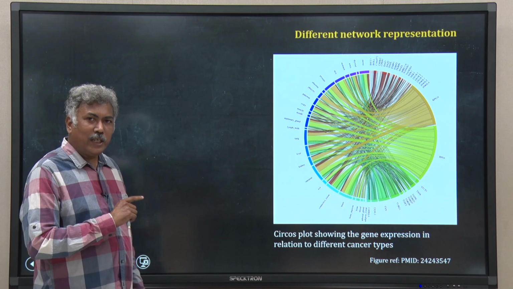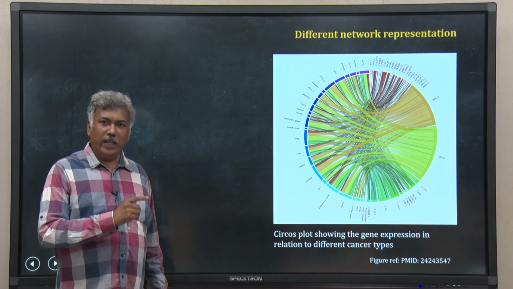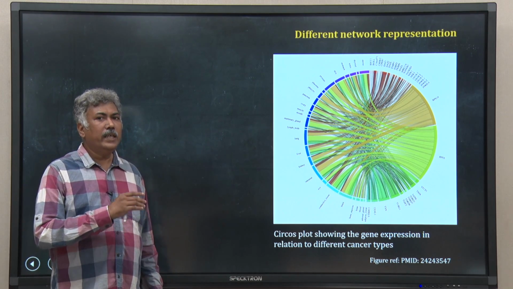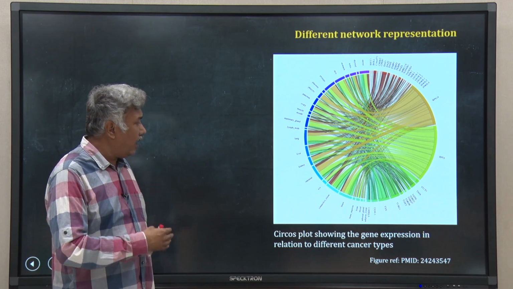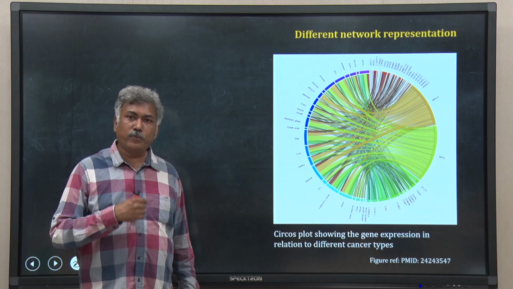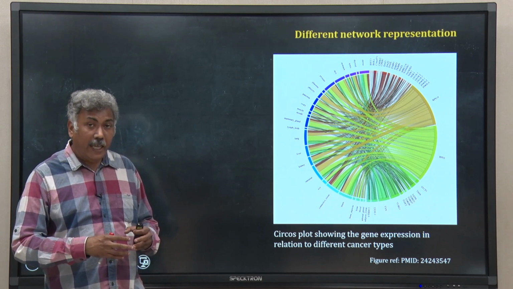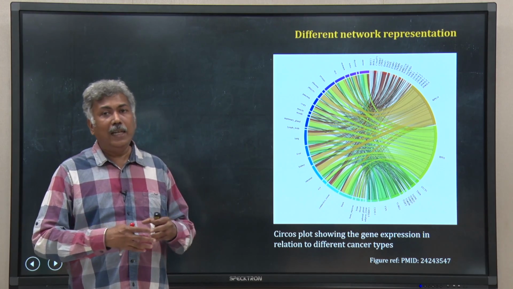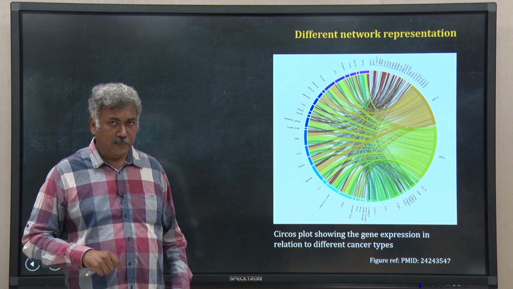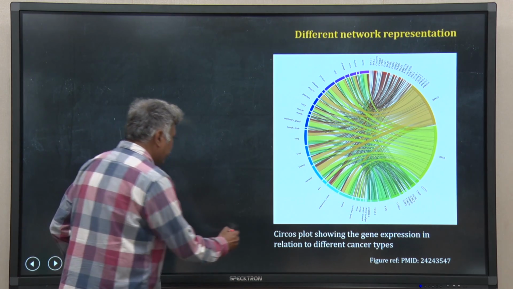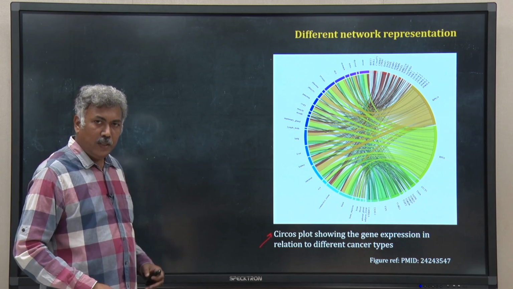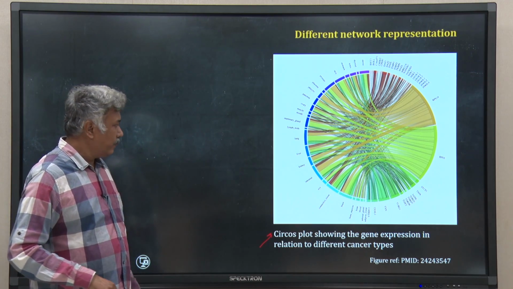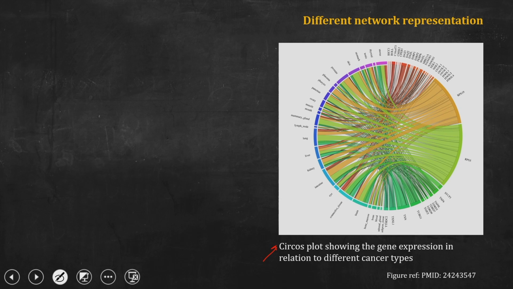This one, although somebody can argue, is not a network, but in a way it is actually a network, represented in a different fashion, and it has now become very popular in the genomics and proteomics community, because it can beautifully visualize a large and diverse data set. This is called a Circos plot, and I have shown one of the simplest ones. What do we have in this plot? If I divide it in two parts,